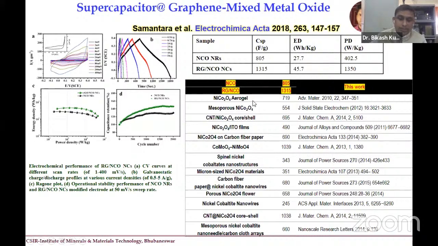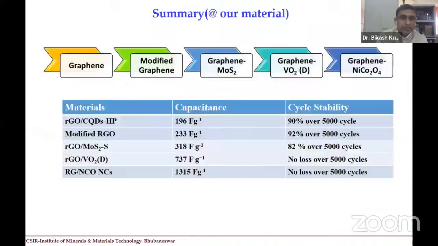We are still working on developing some new materials for supercapacitor applications. If you see the summary of our materials, we started with how to increase the property of graphene, and we started from 196 Farad per gram. Now we have reached 1315 Farad per gram. We have also utilized this material to develop some devices,